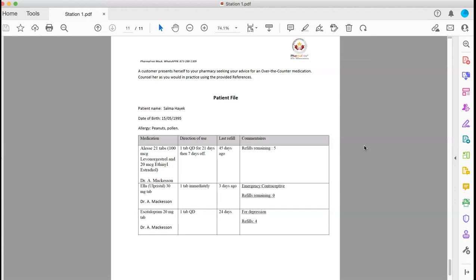IUD, you would recommend that as well. She's not planning for any pregnancy very soon, and she would refer her to a hospital to fix the IUD, and at the same time it will act like an emergency contraceptive as well. Yes. Okay, so this would be another option that you would recommend. But overall, I like it so much, your way of communication, your empathy, your assessment, everything was fine.